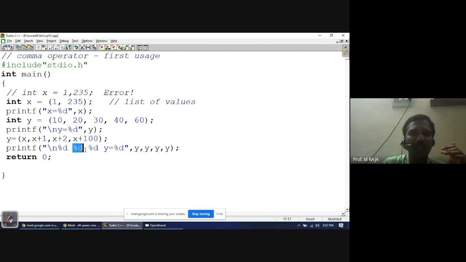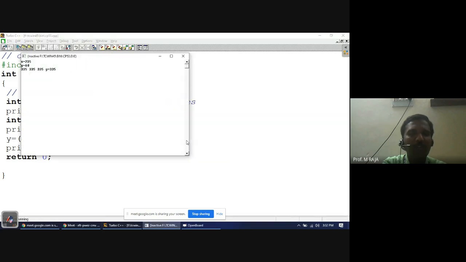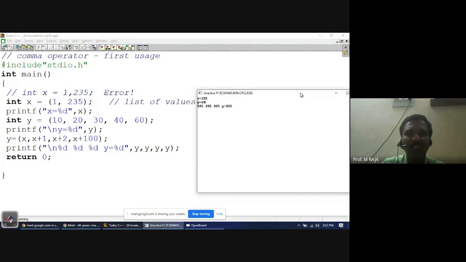So you will not get a result as you expected. This is x, then x plus 1, then x plus 2, then x plus 100. Instead, the common value 335 is printed for all percentage d